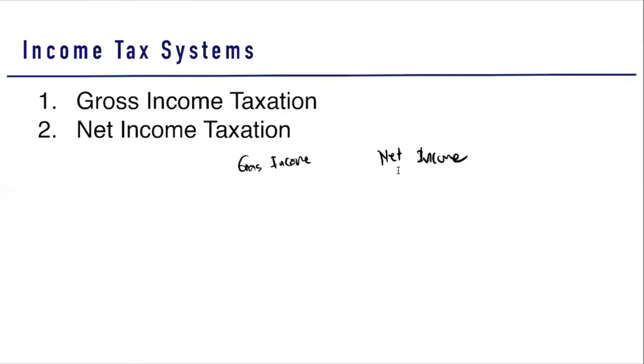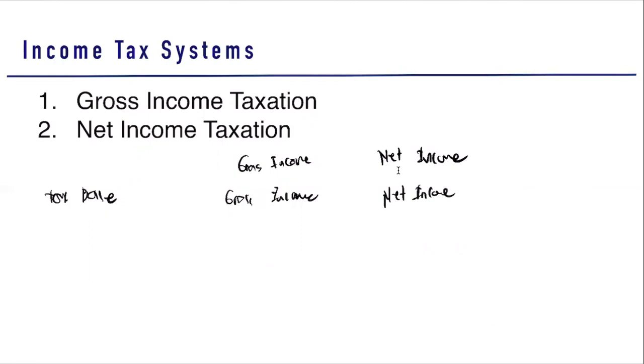So under your gross income taxation and net income taxation, first difference is the tax base. The tax base in your gross income taxation is your gross income. Di ba sabi natin kanina kung ano na yung income, doon na natin siya itatax. Kung ang income niya ay 300,000, yung buong 300,000, doon natin siya itatax. Pagka net income taxation, it is based on your net income. So when we say net income, if the income is 300,000, pwede pa natin siyang bawasan on any allowed deduction. So it can be 300,000 less any allowed deductions.